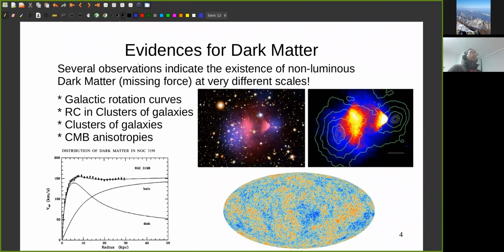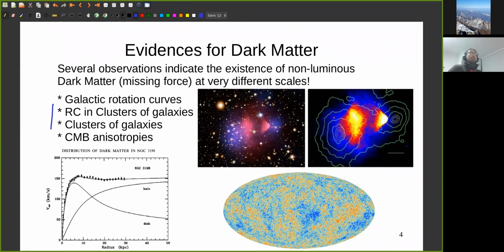But that also happens on much higher scales, for instance, the scale of megaparsecs or so, at the scale of clusters of galaxies, where you can see the same flat behavior of the rotation curve. There's also this very famous bullet cluster that indicates that there's this dark